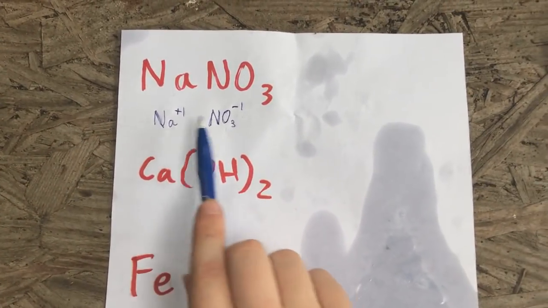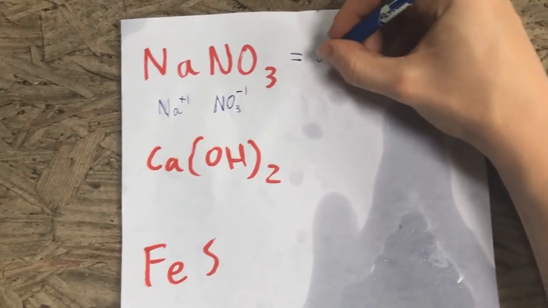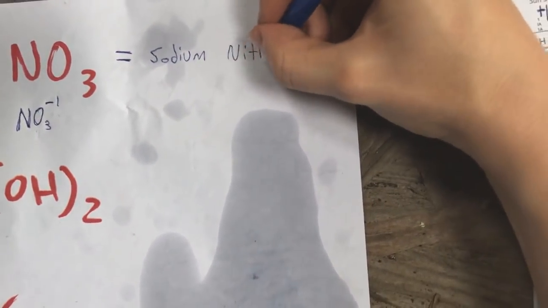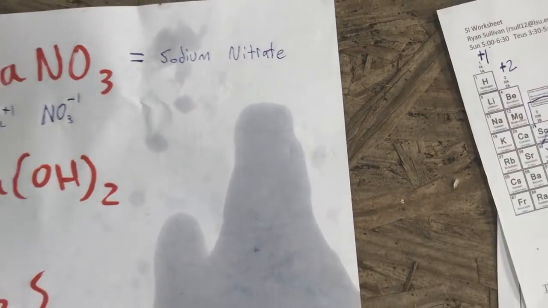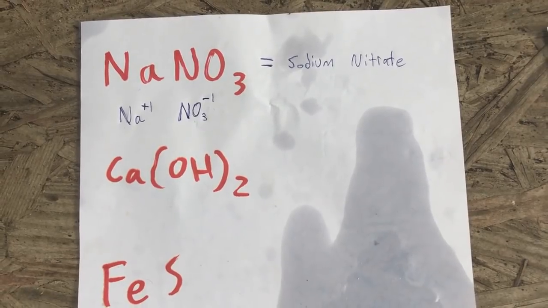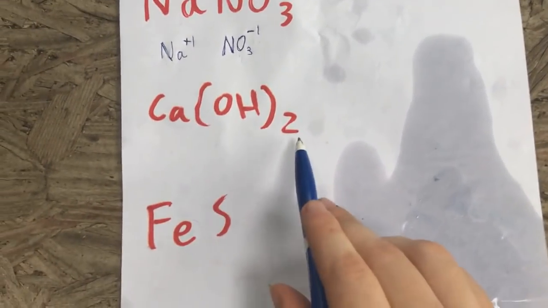I see a sodium and I see a nitrate. So I'm going to call this sodium nitrate. As simple as that. Okay? So then, if I move on to something perhaps a little bit harder, I've got CaOH2, where there's two